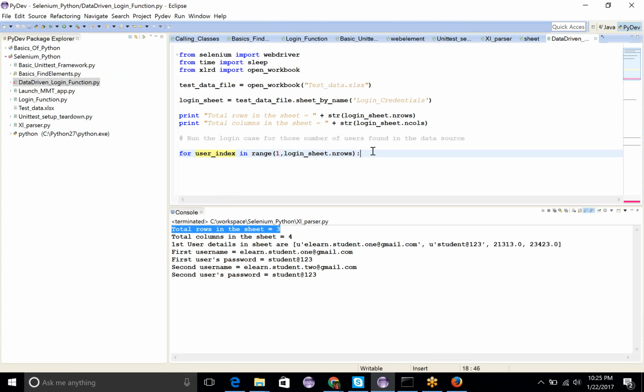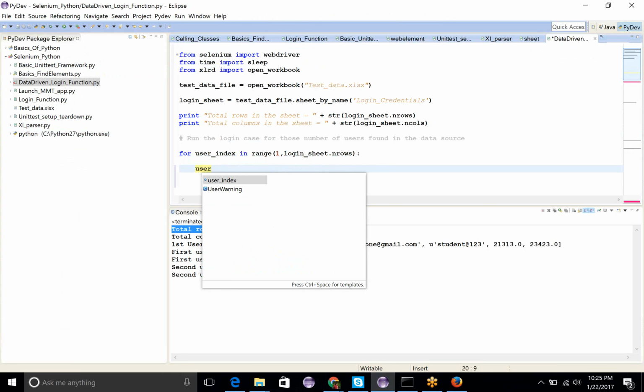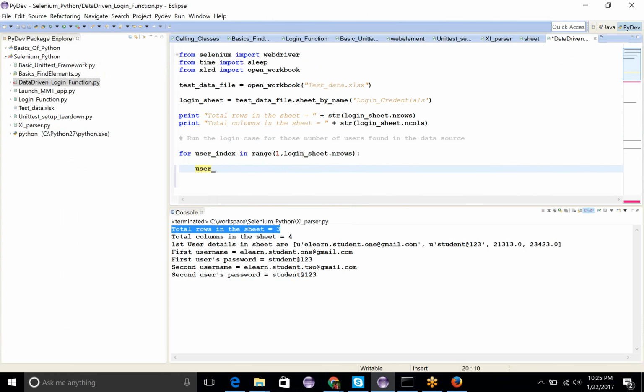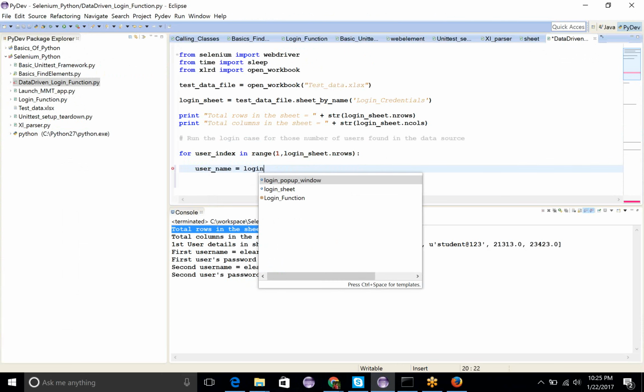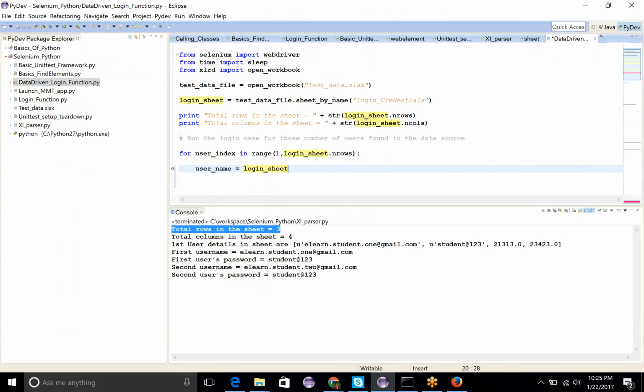Okay, now user_index in range 1. So what I want to take is the username value. So the username is equal to login_sheet.row_values